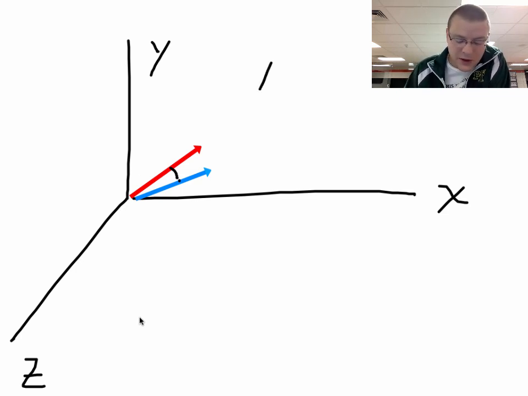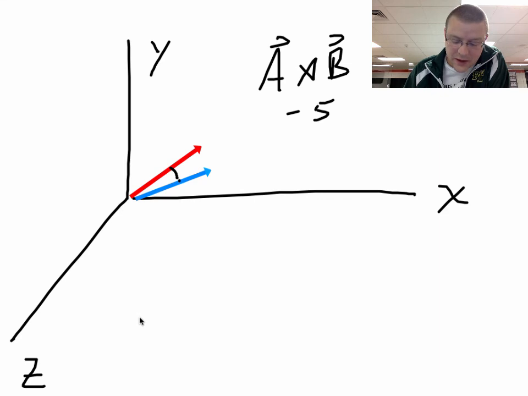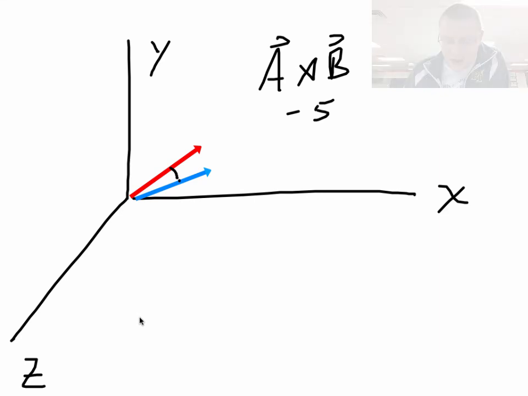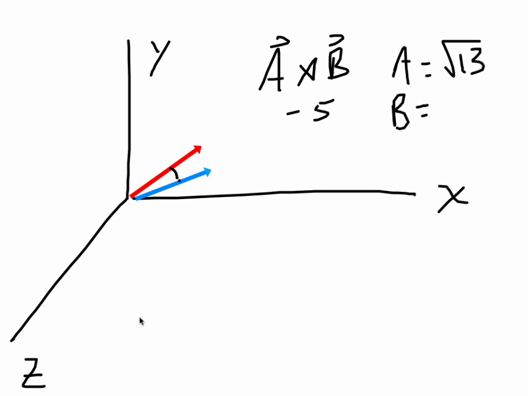So I already know that A cross B is negative 5. Now I need the magnitude of A and the magnitude of B. Well, the magnitude of A would be the square root of 2 squared plus 3 squared, which gives me the square root of 13. And if you look at the components for vector B, it is also 3 and 2 for its two components, just in a different direction. So it actually gives me the same exact magnitude. So if I want to solve for phi,